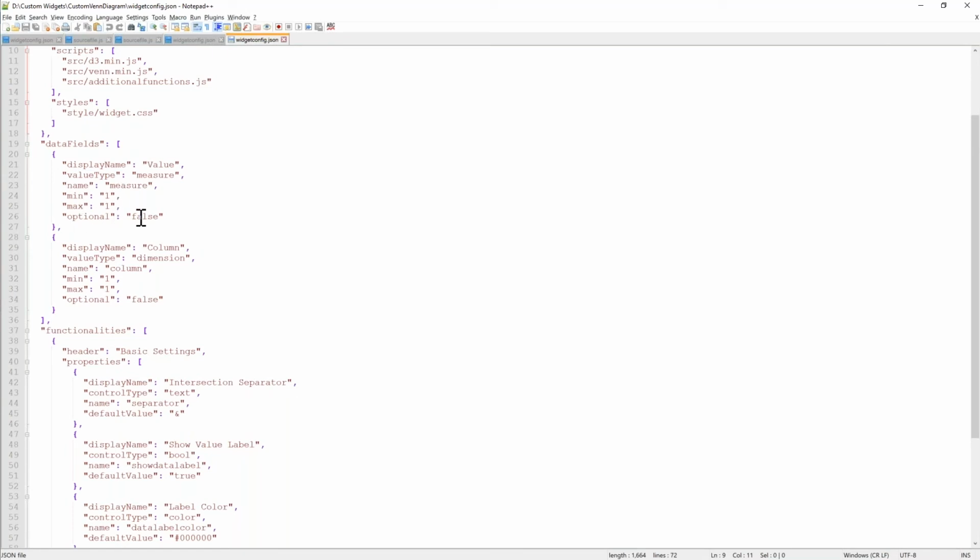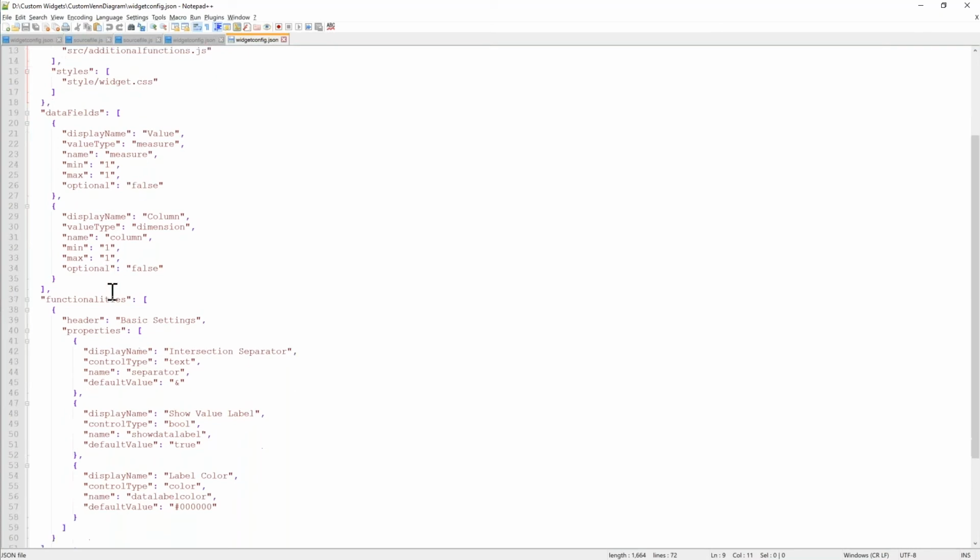And optional is set to false because the value is mandatory, and so is the column. So you need to configure it. It is not optional. And for the column, the value type is mentioned as dimension. And again here, the minimum and maximum value is set to 1, so that the user can just bind one column to it. And again, this is not optional, so I have marked the optional setting as false.